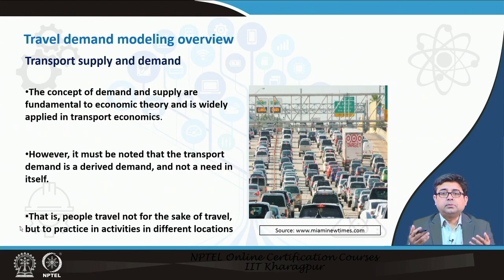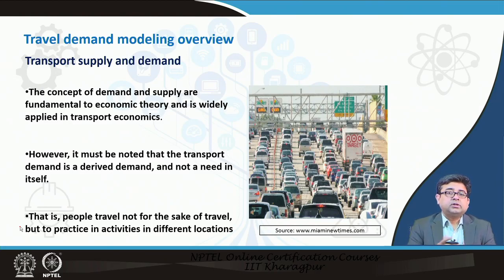Or another example would be, I have 49 bus routes in my city. Each of those bus routes has a bus frequency of 1 bus in every 10 minutes. So, that tells me the capacity of the bus, and you know that one bus comes every 10 minutes, and you have 49 such routes, then you know the capacity that the bus network can carry. So, that is the supply side of things.